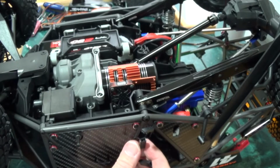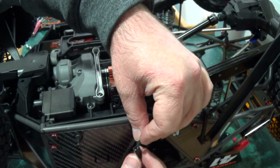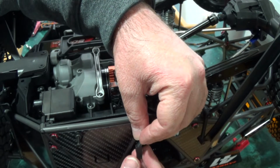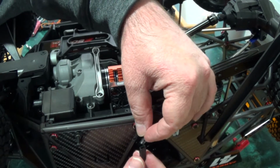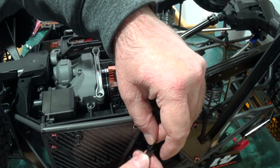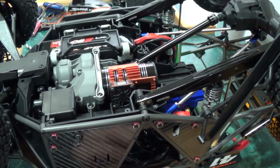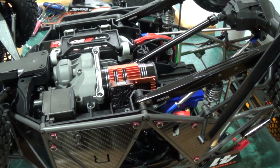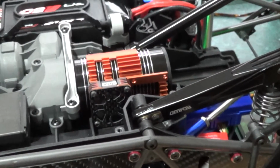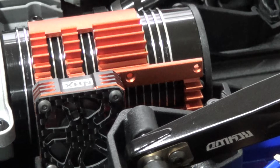Alright, so I got it installed, and I did power it up. I unplugged it, and I'm going to power it up again by plugging it in. Got it wired through my receiver here. There we go. It is quite loud. But definitely working. And the cool thing